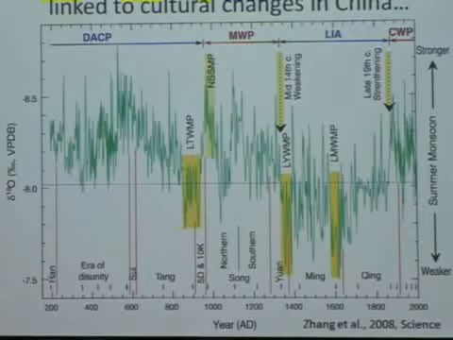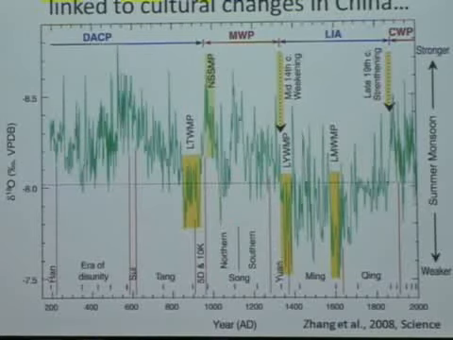One of the points of this paper was actually a comparison of some of these abrupt or prolonged dry periods in this region with some of the major cultural changes which happened in China. So you can see here the end of the Tang Dynasty was characterized by a prolonged period of relatively weak monsoon, which we've coined the late Tang warm weak monsoon period. And that's seen in a number of records around 940 years ago. Around 940 AD, I mean.